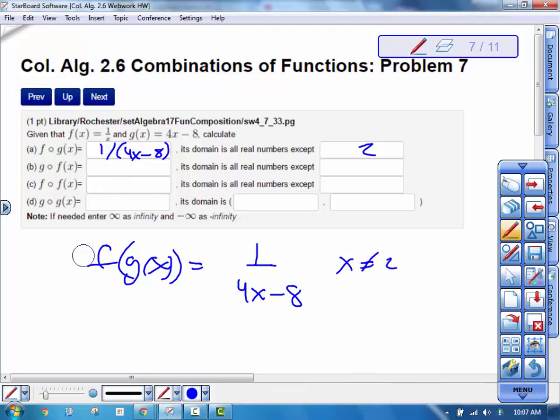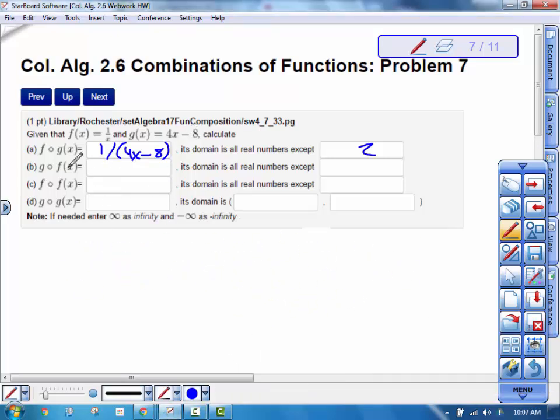Okay, so for the next one, same thing. We want to do the composition, so we're taking function f and we're